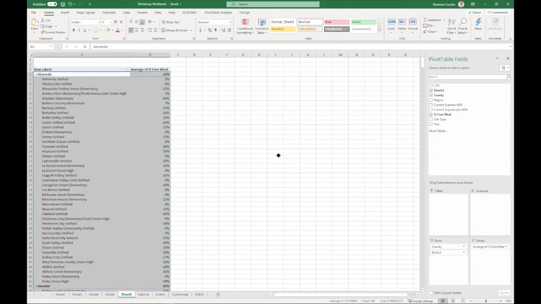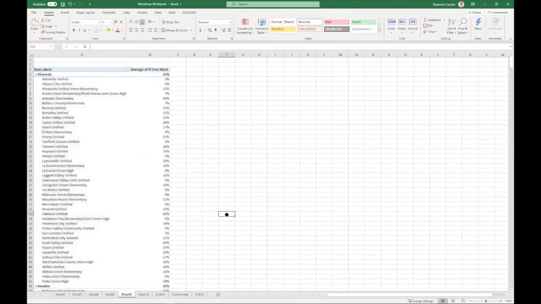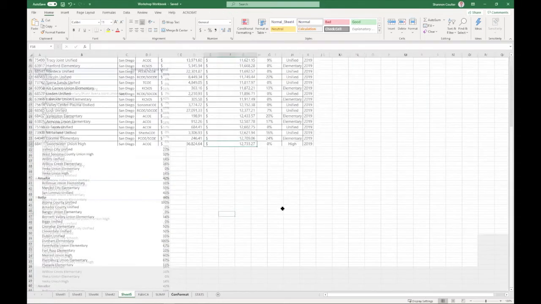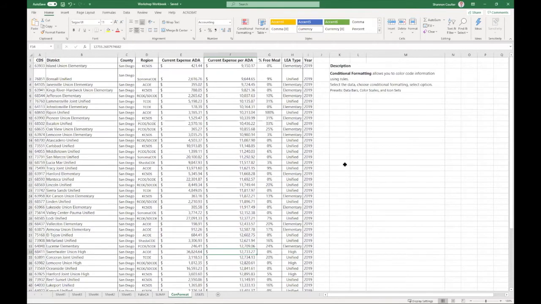All right, so that's a brief recap of the use of a pivot table. Let me go into a couple of different things that I find very useful in Excel. I want to show you a little bit of conditional formatting. If you don't use conditional formatting,